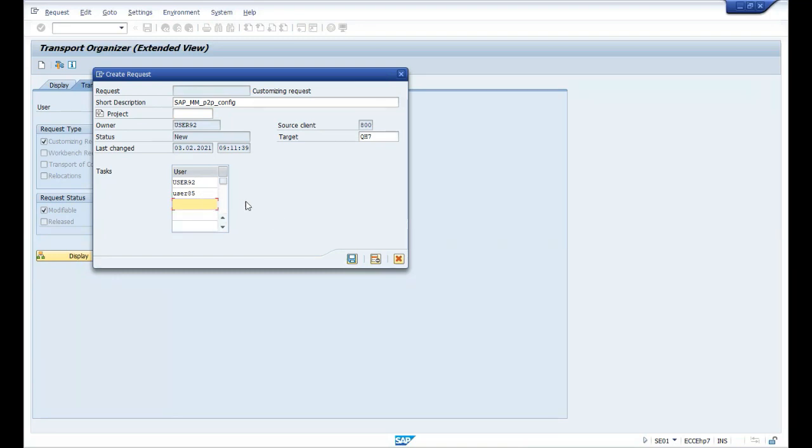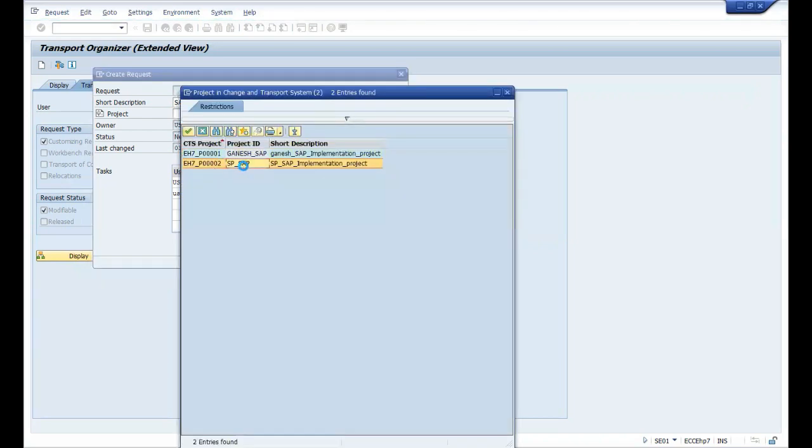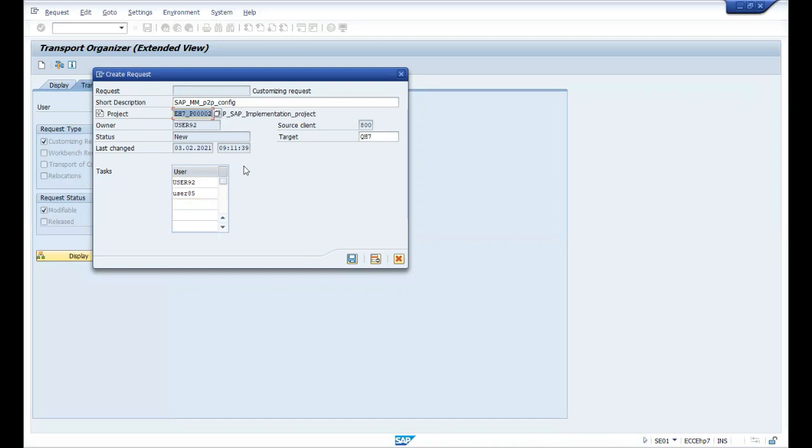Okay, now hold on. So we are done with almost everything. The only thing pending is that we created the project and we want to see whether that project is reflecting here in this transport system or not. So click on the project and find your project SP_SAP. Can we find that? Yes.